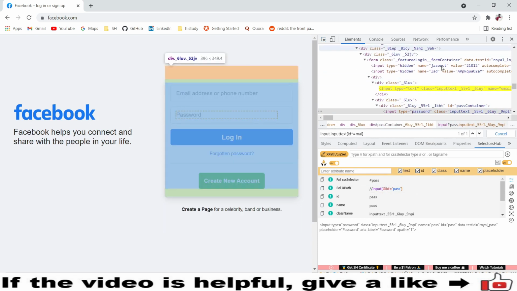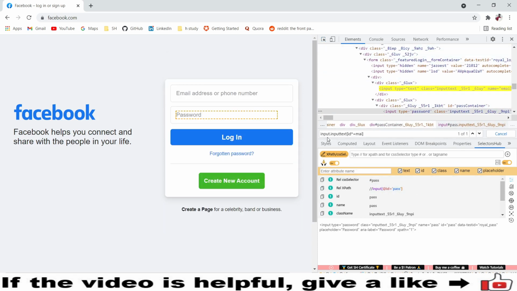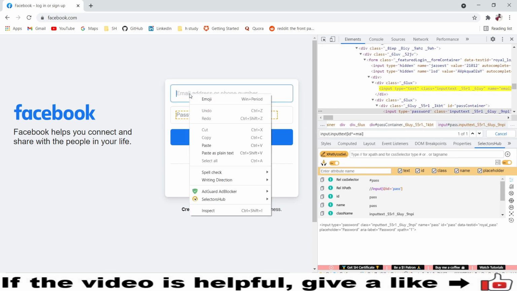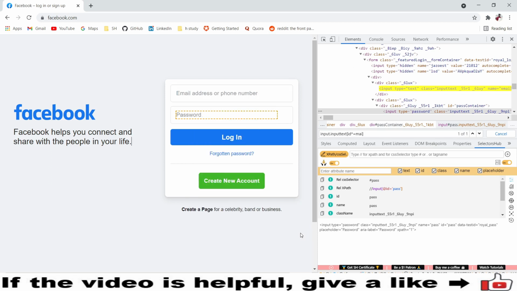You don't need to inspect this. If you wanted to take control of all the locators which are displaying directly, then you can right click onto any path, then you will see Selectors Hub. Once you select SelectorsHub, mouse over it, you will see copy relative XPath. So this is the easiest process, no need to inspect it again. Inspecting HTML DOMs provides you complete control of the entire DOM structure where you can customize your XPath so that it cannot fail when you are running in different environments.